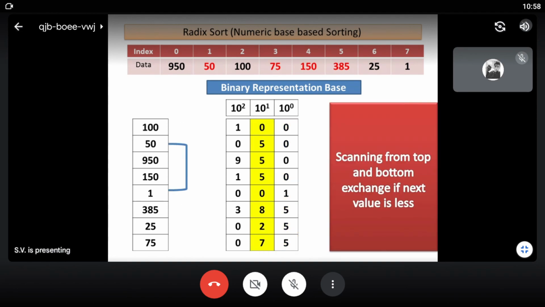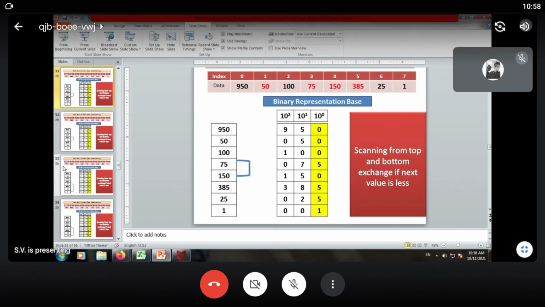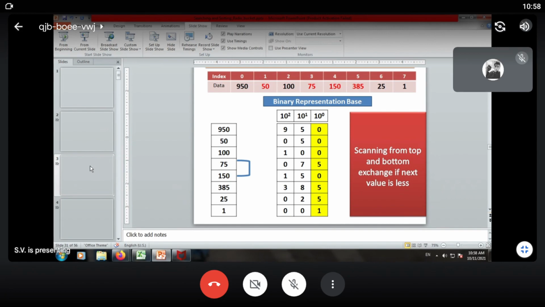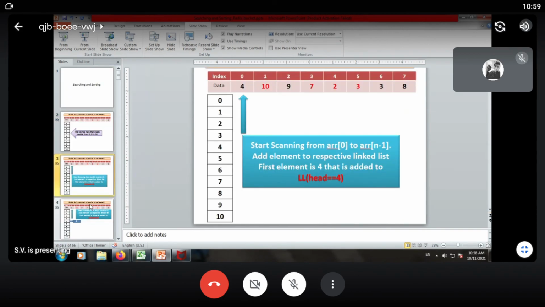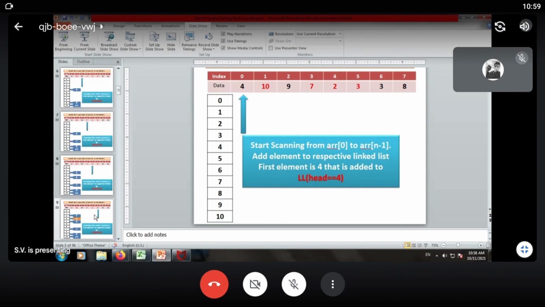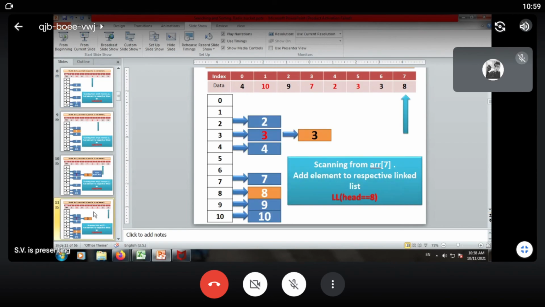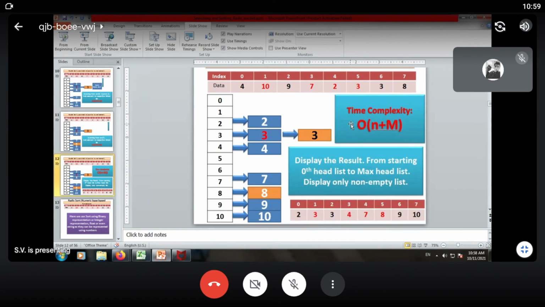Okay. So as far as today's session is concerned, we studied two concepts. One was the bucket sort, which is using the linked list. This is one of the easiest sorting methods which we have studied. That was based on the linked list concept, which is using dynamic memory allocation, and it also has very low complexity.